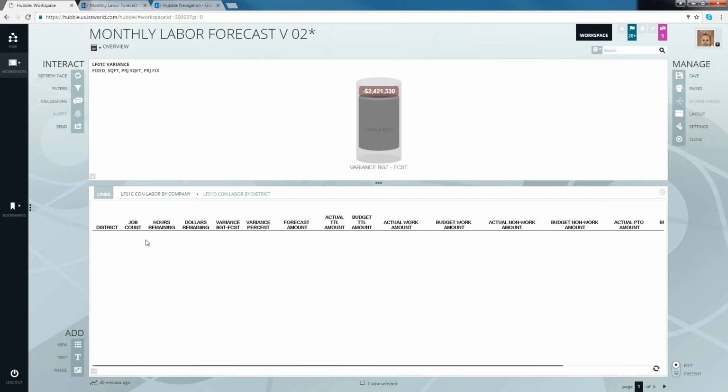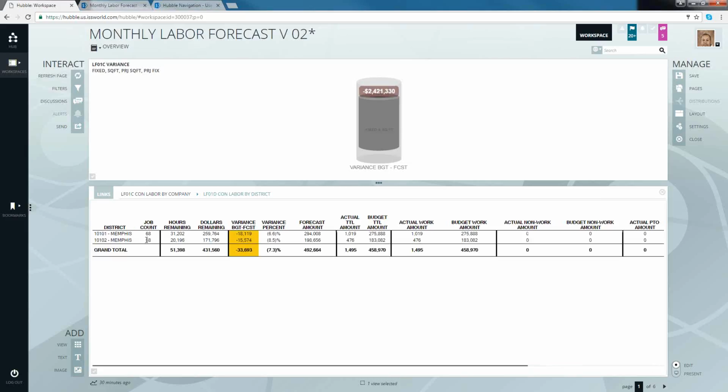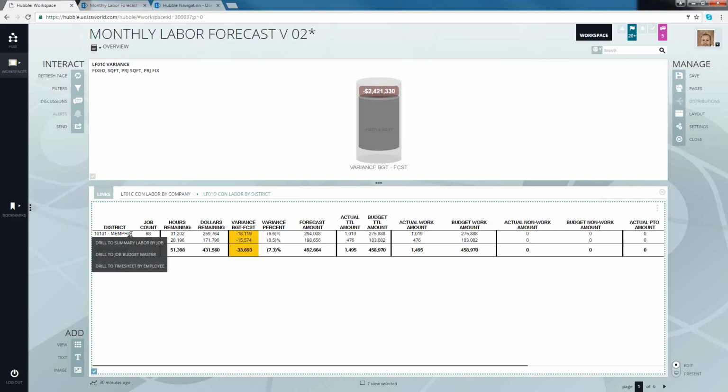Now I'll drill down to the district level and see what that variance equates down by district, because it might just be one district that's having an issue, not all of them. So I can go in there and see the detail. There's two districts here. You see what the variance is for each of those. And then I can right-click on that one district I want to look at and drill down to the job level